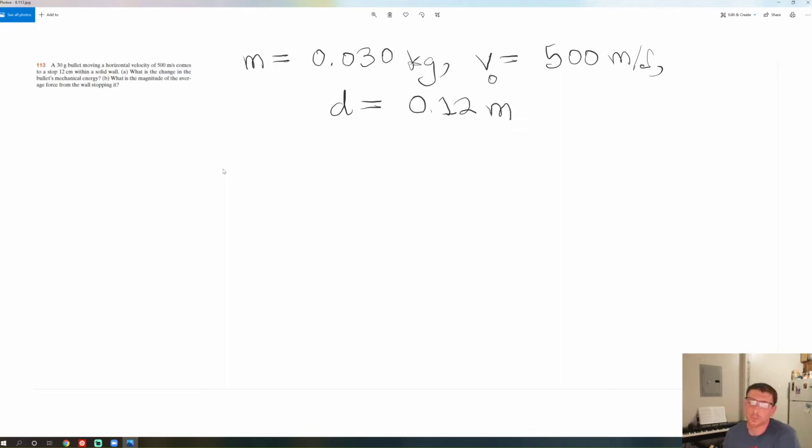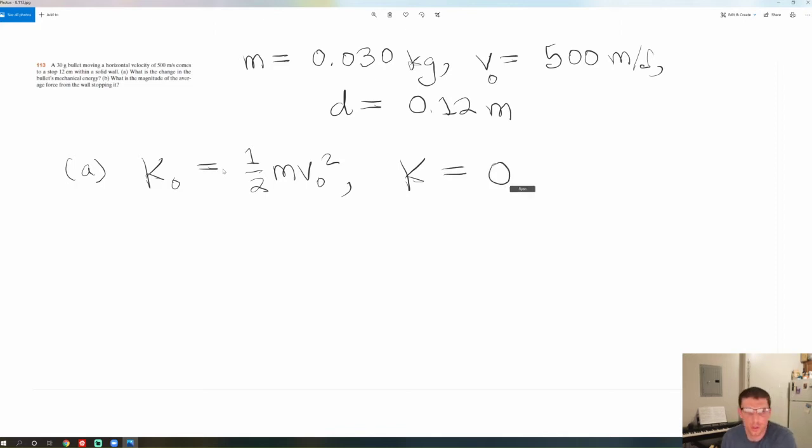And so this is going to be, well, it's a combination again of work and energy, right? And so first, for the part A, I don't think this is so bad, right? Because we have that the initial kinetic energy is 1/2 m v initial squared. And the final kinetic energy is simply 0 because it comes to a stop, right? And if you wanted to look at what, say, the initial and final gravitational potential energies would be, we can do that because I did mention this, and I think it might be good for you to see that